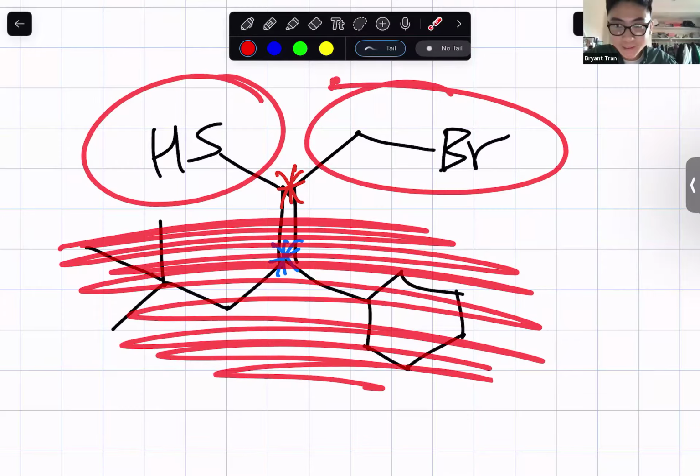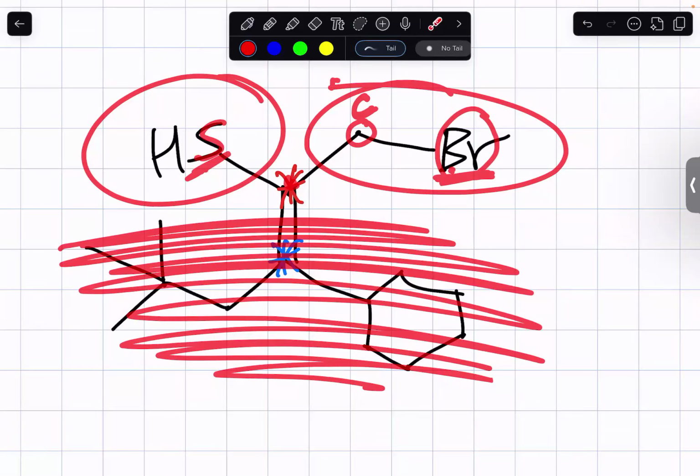So be careful here. The Br does have a higher atomic number than the S, but when we're looking at priority here, we're looking at the very first atom attached to the red star. The very first atom attached to this red star here is the carbon, the C. The Br is not attached to that red carbon, right? That's just there to trick you, right? So be careful of that trick because on the exam, you might see that trick, right? But you're not comparing the Br with this S, you're comparing the carbon with the S,